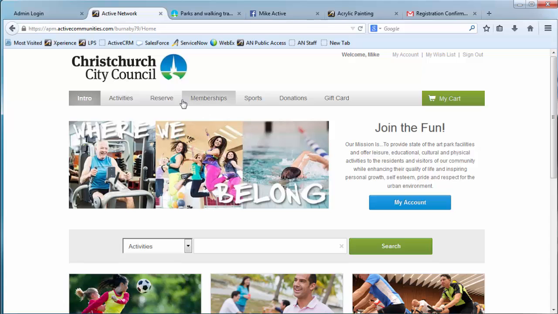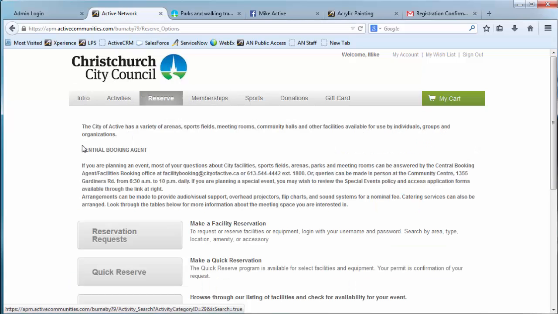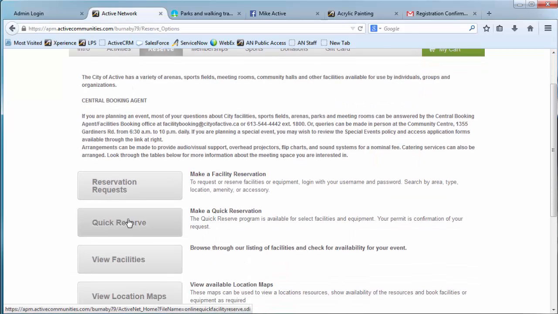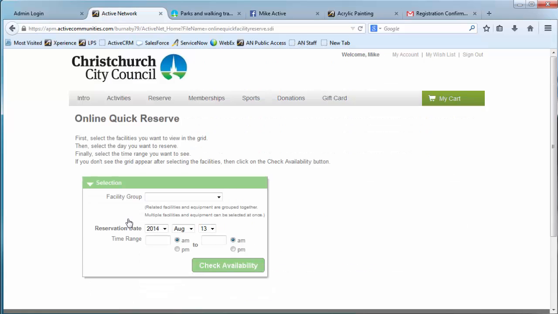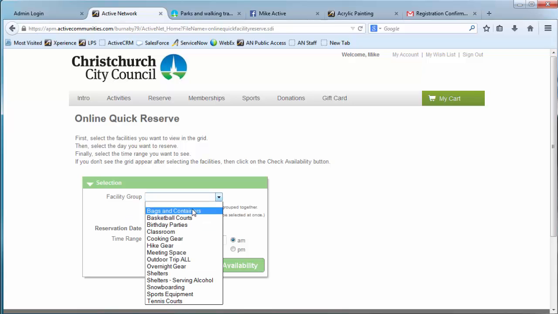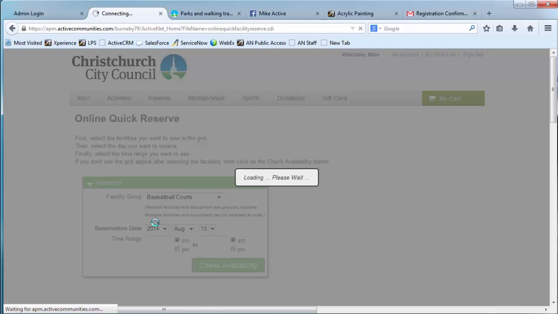I now want to show the quick reservation tool. This is a great option to offer when you have facilities that people often come in and book for a couple of hours. It's a pretty simple reservation. You don't need to fill out a bunch of waivers. There's not a lot of setup that needs to be done to the facility. It's a quick, simple reservation. It's great to use for basketball courts, squash courts, tennis courts, those kinds of facilities. In this case, we're going to book a basketball court,